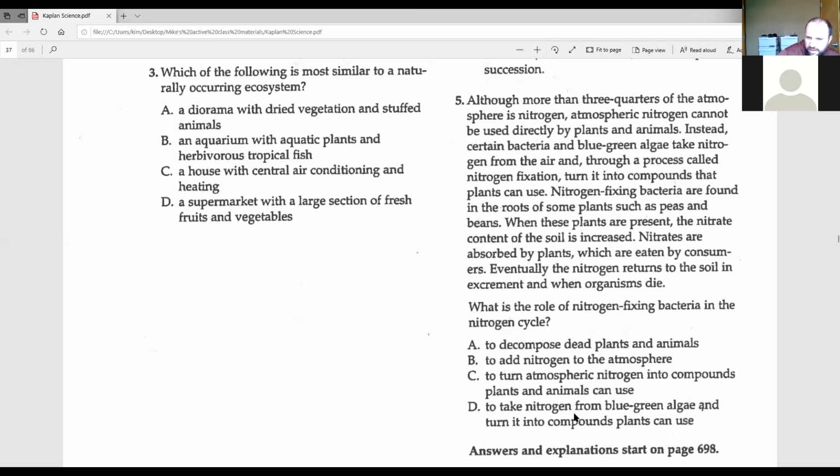nitrogen-fixing bacteria doesn't take nitrogen from algae. Algae, along with bacteria, are considered nitrogen-fixing bacteria. So D doesn't quite make sense. And it's not quite accurate. It's close, and it's meant to be misleading. The best answer is just C. Turn atmospheric nitrogen into compounds that plants and animals can use. All right, so